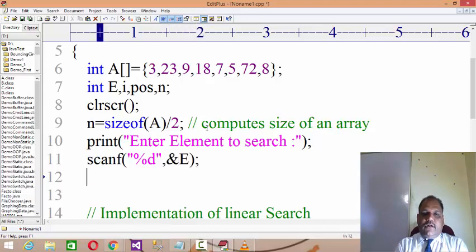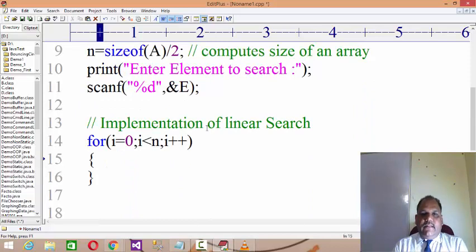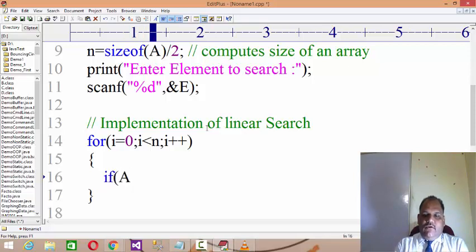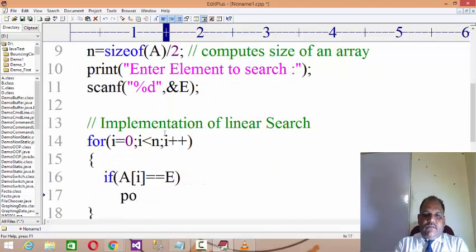You scan that particular value from the user, and then here you apply the linear search logic. For i equals 0, i less than n, i plus plus, if a of i, the data available in the a of i position, equals e, then POS equals i, where POS is the found position.